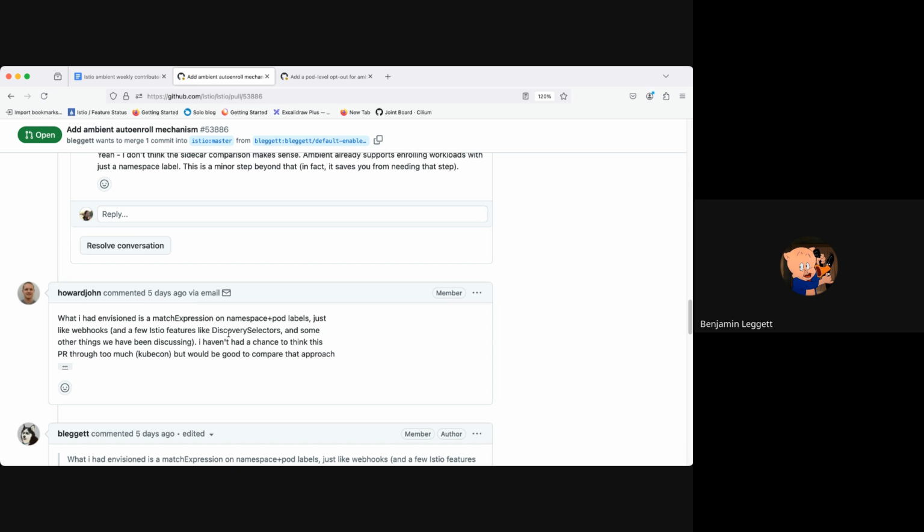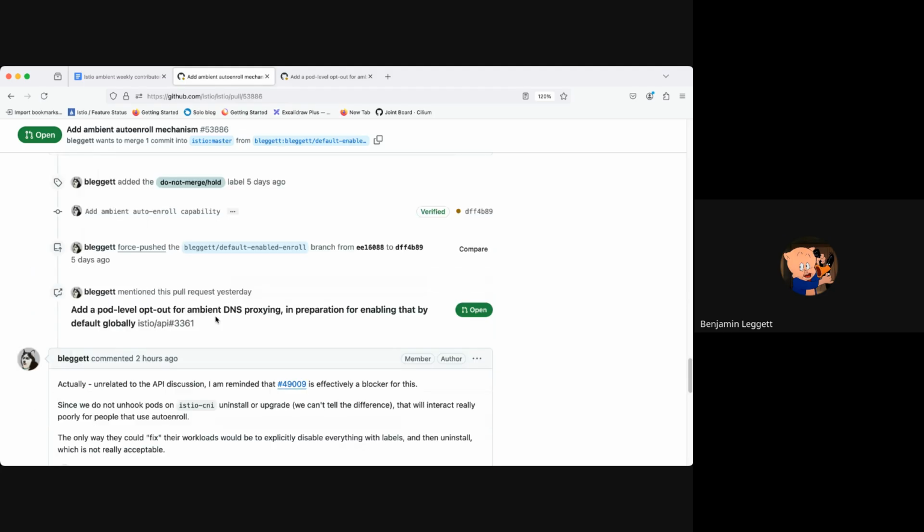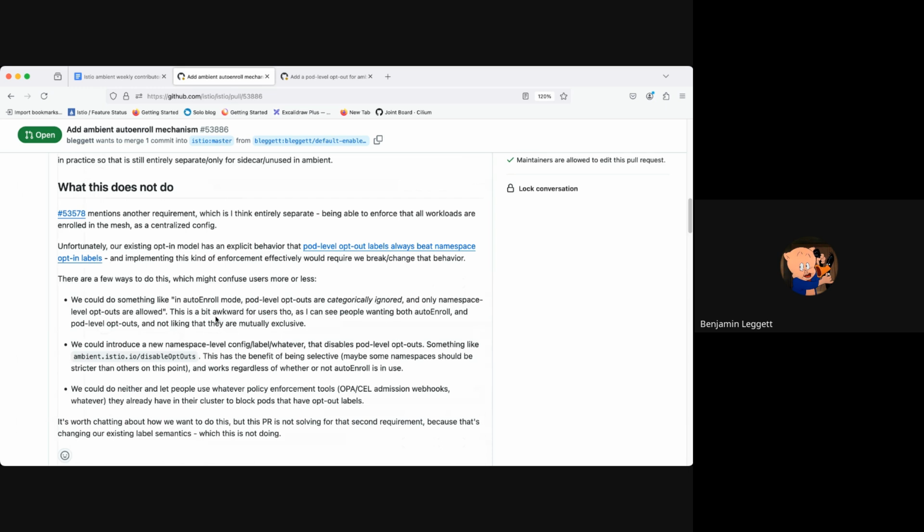Because again, this can't really be an enforcement mechanism with Ambient as it sits. Because if you turn on auto enroll, you can't enforce that all pods are auto enrolled, because pod level opt out is always respected, right? So you could say, I want to auto enroll everything, but these pods, somebody put an exclude on them, because we respect the pod opt out always. They'll be out no matter what your auto enroll setting is. So that's why the actual question here I have is, do we want to separate enforcement of policy